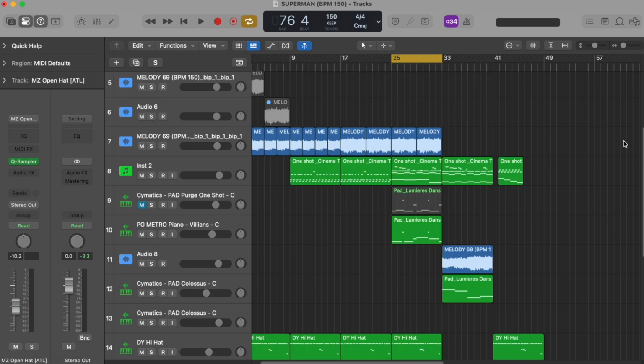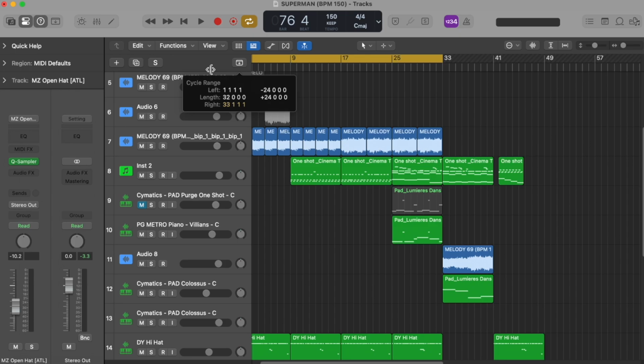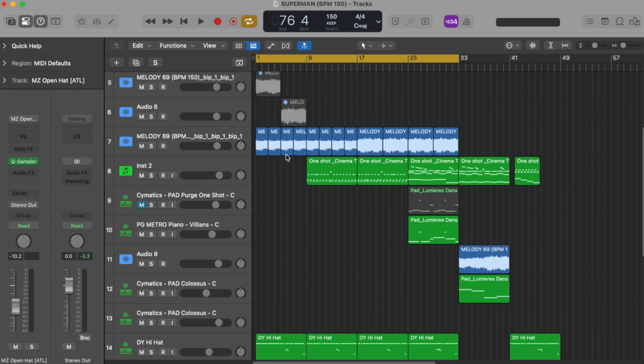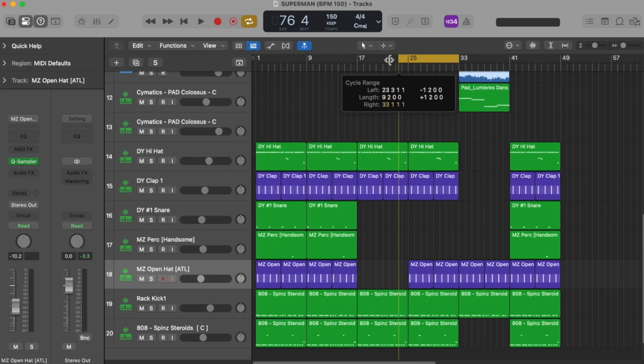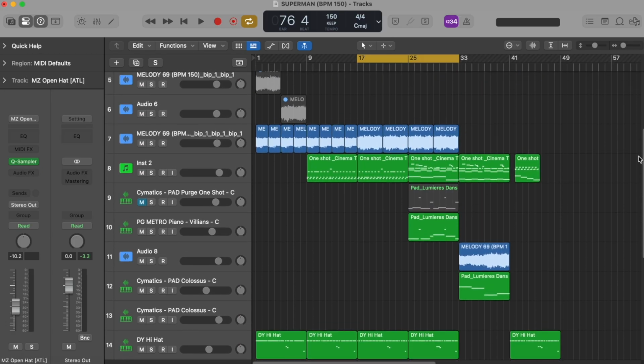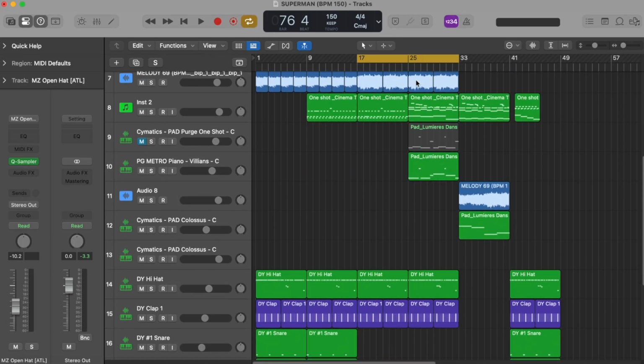So this is the verse part, this is the intro, this is the chorus, this is the verse. This whole part actually is the verse, 8 bars. I removed the snare, the perk, and the open hat, and then I'm reintroducing the open hat below in the second part of the verse. From that point on,